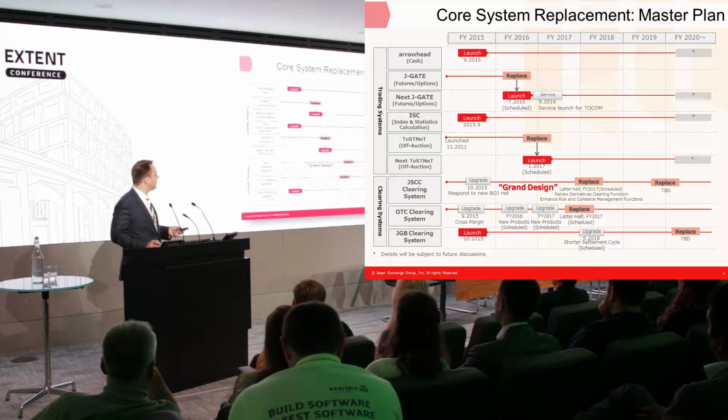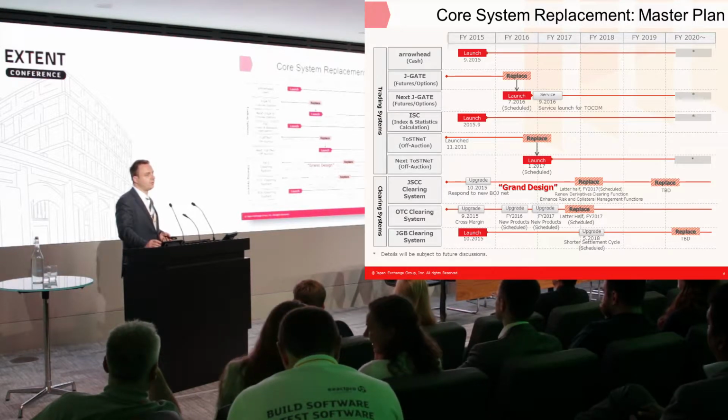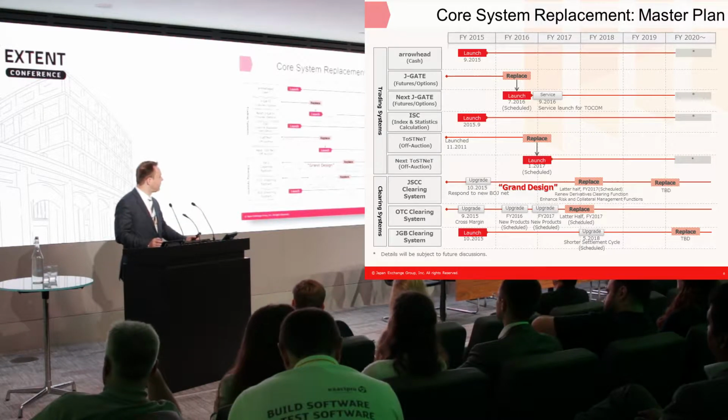On the clearing side, and this is my main topic today, what we call the grand design. Our clearing systems are clearly outdated and do not adhere to global standards anymore. So we made the decision 2 years ago to altogether replace our clearing system in a gradual fashion. And the first